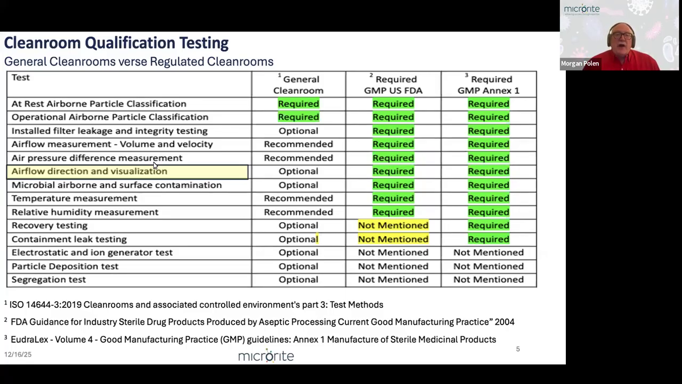And then the second column is general cleanrooms. The third column is required testing according to the US FDA, and the last column is GMP Annex 1 required testing. And as you can see, the only thing we need to call a cleanroom for general cleanrooms is particle count. And every other test is considered optional or recommended. However, international GMP and regulatory bodies have certain requirements they place on top of particle counting,